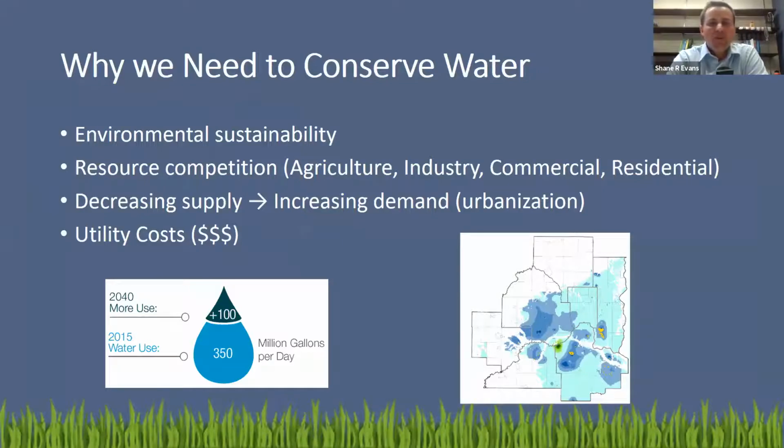And I just want to reiterate some of the things that Brian said, focusing on why we need to conserve and use our water more efficiently. The first bullet point there states environmental sustainability. Now, the pictures you see below were both in Brian's previous slides, but the one on the right shows that aquifer drawdown. And this maybe isn't an issue right now, maybe not an issue in the near future, but